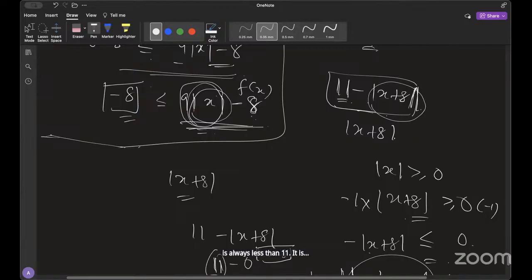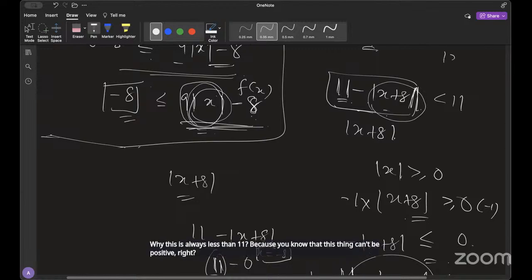Because if you have a negative thing here, why is this always less than 11? Because you know that this thing can't be positive, right? This thing x plus 8 cannot be negative. If this would have been negative, then it would add up. यस मैम, ऑलवेज पॉजिटिव,